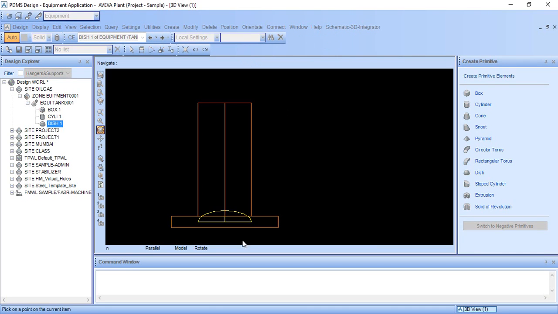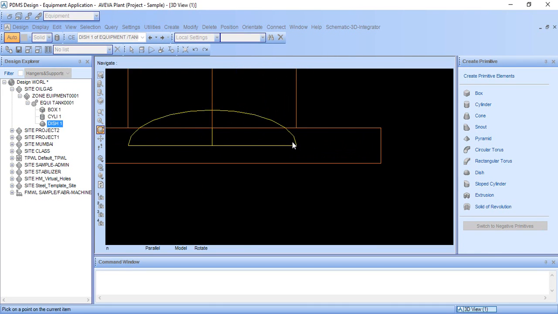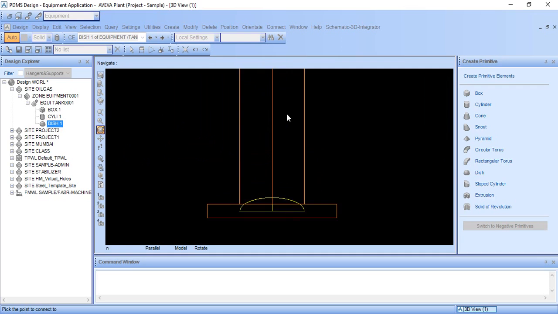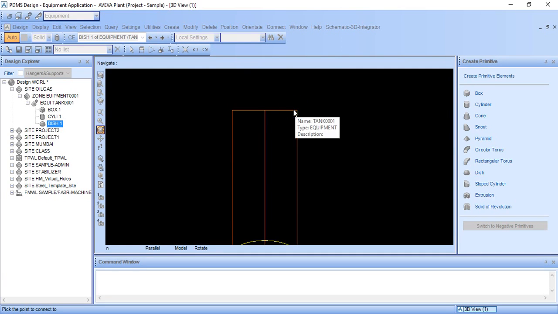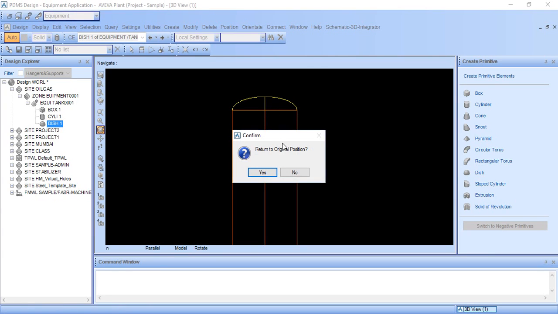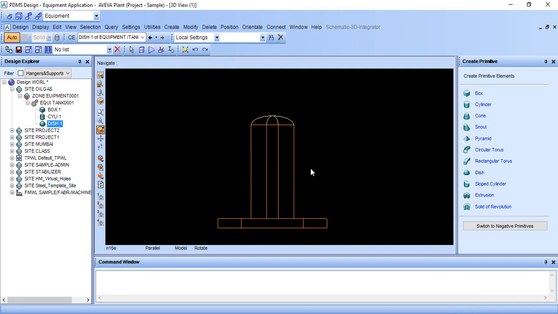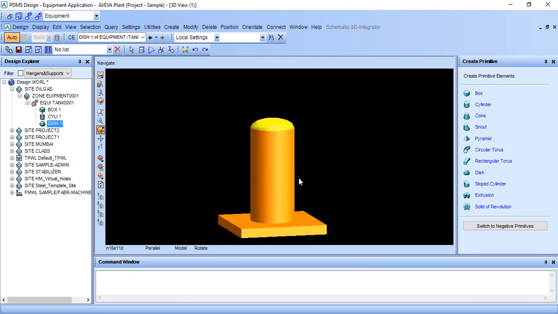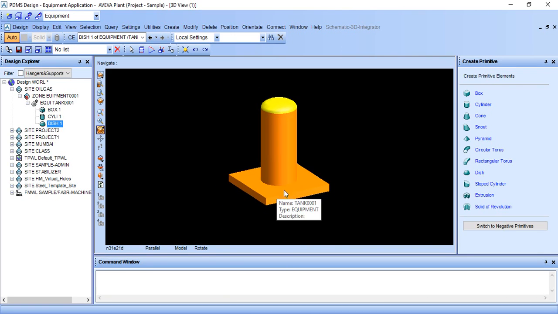Connect Primitive ID Point, and zoom in, click any surface and just drag the point to this point and release the mouse key. Click on this surface and drag the point and match this surface. So here it is asking return to original position, no, and to exit from wireframe, press F8 and it will be seen like this.